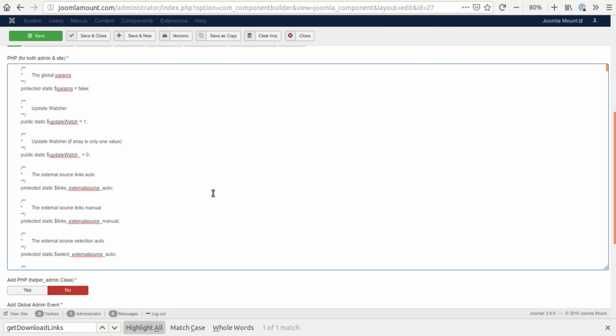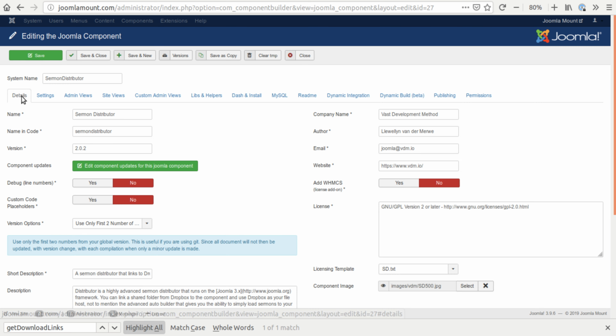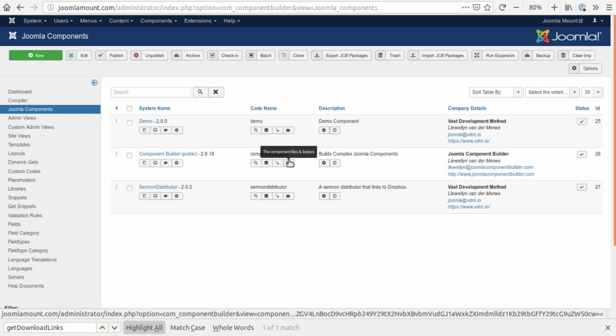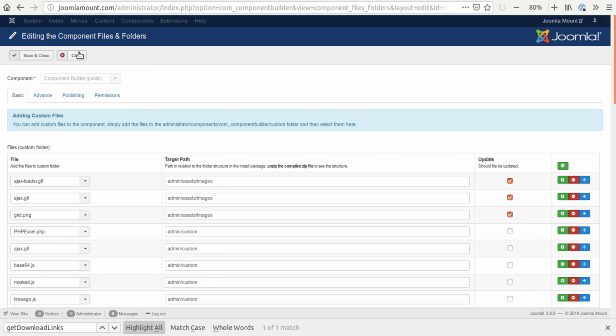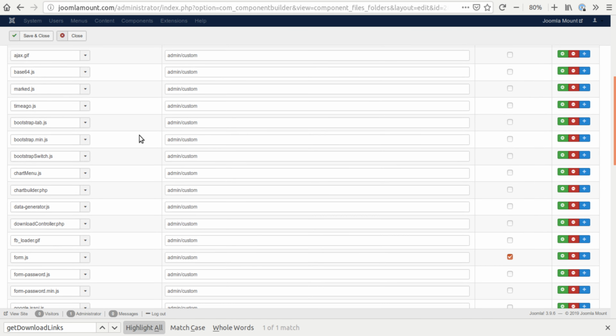I'm sure there's a lot of things I would do differently if I was to do this over. I've learned more, and I'm sure I could do a better job today than I did before. But now there's another piece of the puzzle which is quite important, and that is that I'm actually adding a custom controller. So if I open this area, which is adding component files and folders, if I scroll down here,